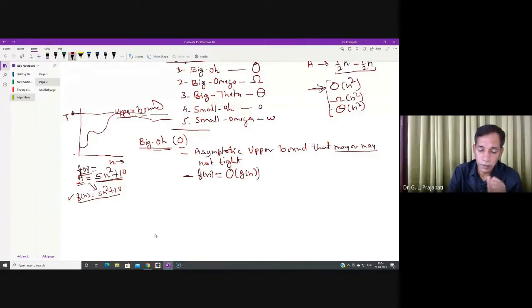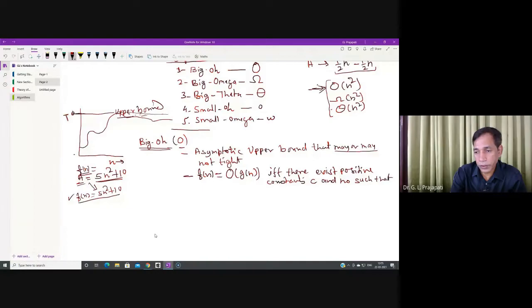How will you be able to say it like this? If and only if there exist positive constants, say c and n0, such that f of n is less than or equal to some c into g of n, like this. So if you are meeting this condition,